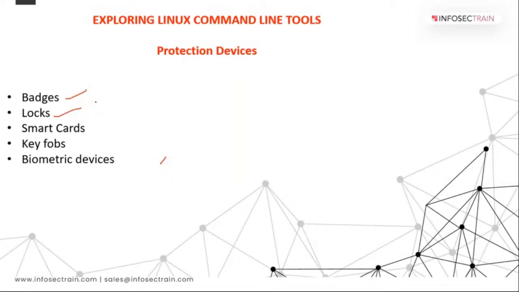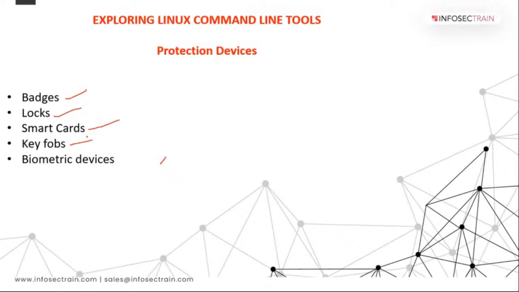Now we have smart cards. What are smart cards? Those are like your regular ID cards, and they have integrated circuits. They contain data that can be read only by your scanners, like your RFID scanners. We have metro cards, and those metro cards are your smart cards. They have data, and when it is read by the RFID scanner, your gate will open. So those are your smart cards.